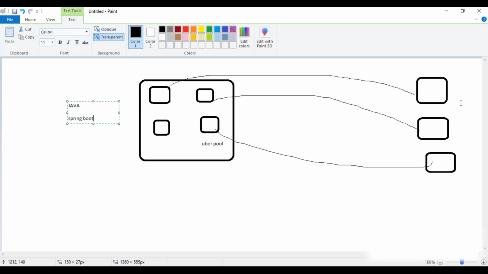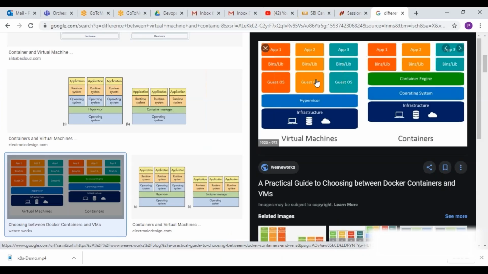To run that operating system in VMware or any virtual machine, it will need at least some CPU and some RAM, and to run the backend services, a lot of unnecessary OS services will be running. So we don't require all these things. When Docker came into the picture, you can create containers. Now let me show you the diagram.